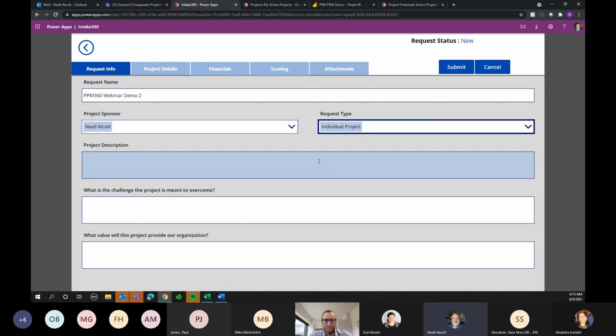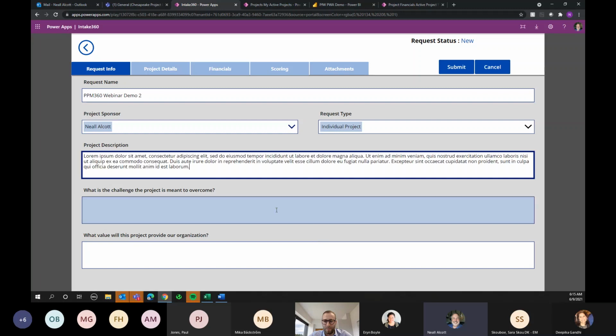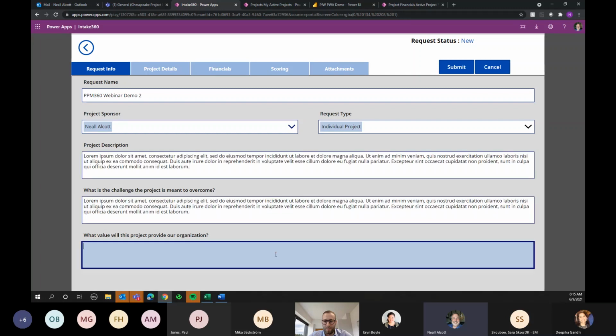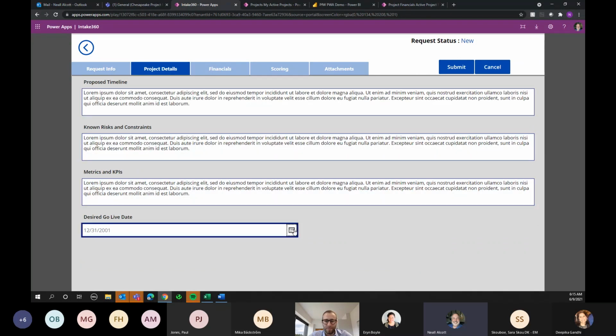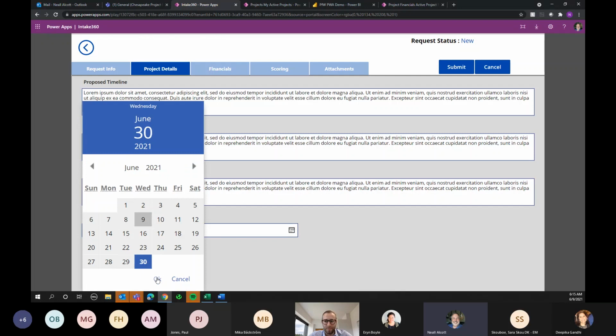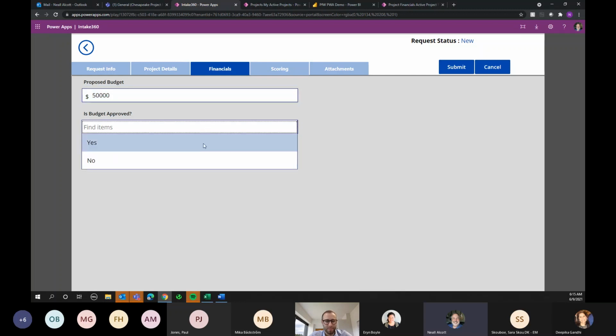In this case, I'm just going to do an individual project, which will be a project for the web project. And then here you see, we have different fields, just capture kind of the business need. I'm just going to put some sample into here. As I go to each tab, you can see there's different types of fields that we could then capture. For financials, we're just capturing some pretty basic information here, but you could have a more detailed financial screen too